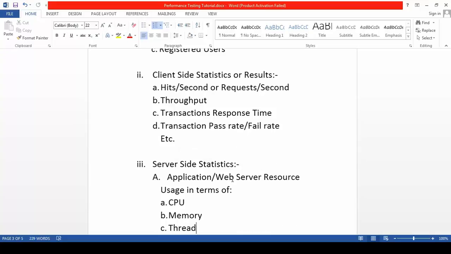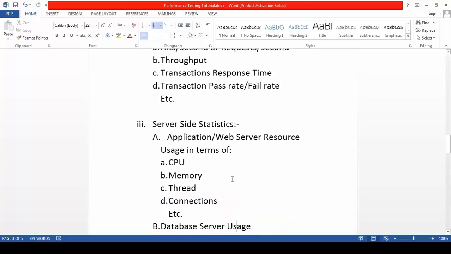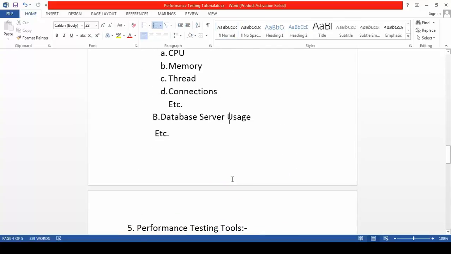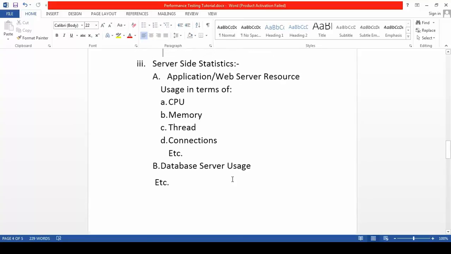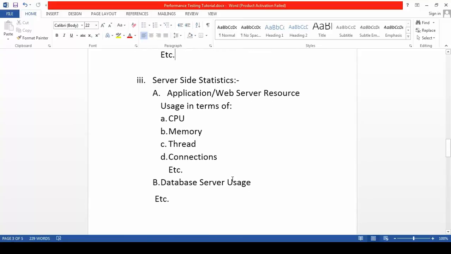Third one is the server side statistics. From server side statistics we can get application or web server resource usage in terms of, let's say, CPU utilization or memory utilization. Memory utilization can be of the OS box memory or of the JVM heap memory.